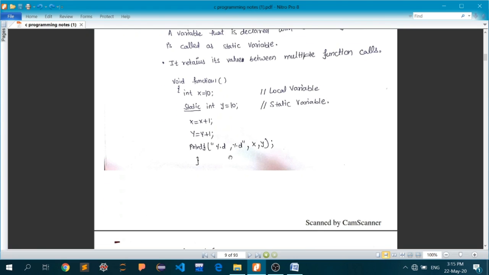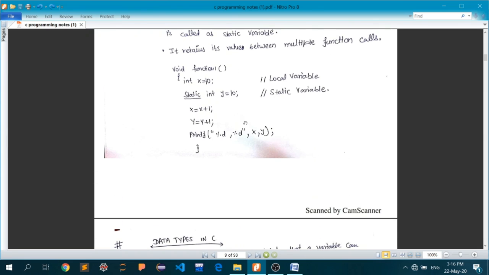So I've shown you here an example. x is a common variable, not global but local to this function, and has a value x equal to 10. We have variable y, which also has a value of 10. Then we incremented the value of x by 1 and y by 1, and then we try to print the values of x and y.